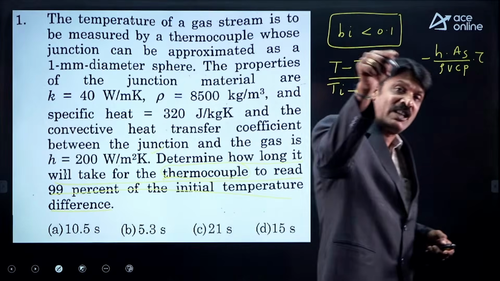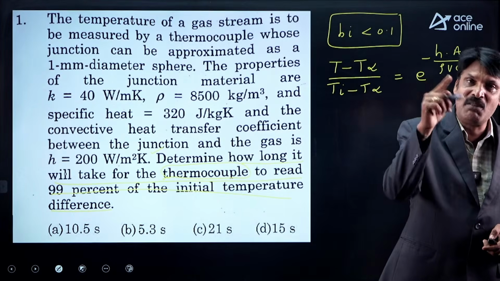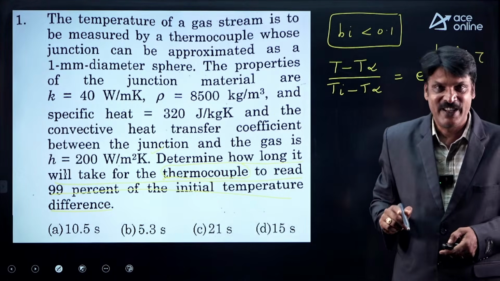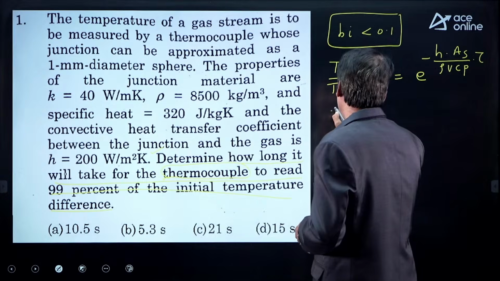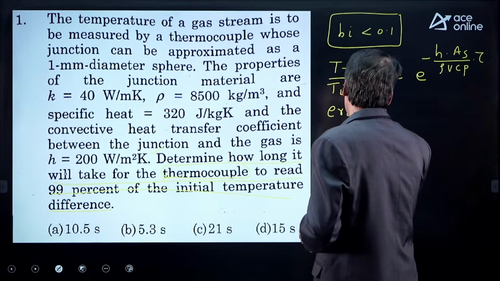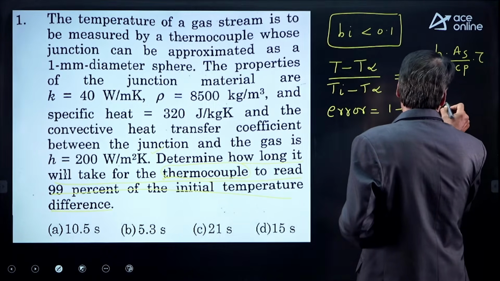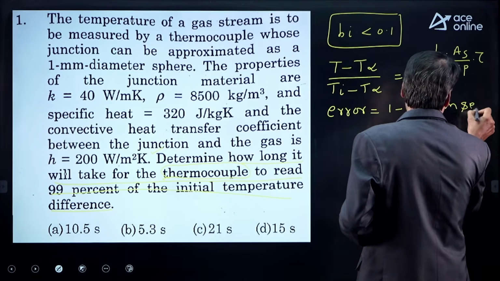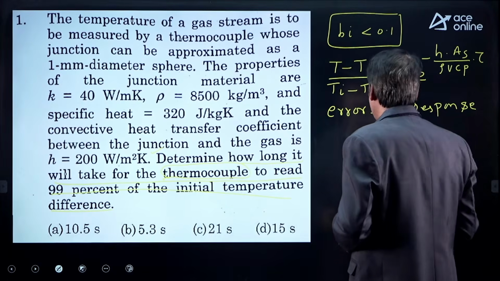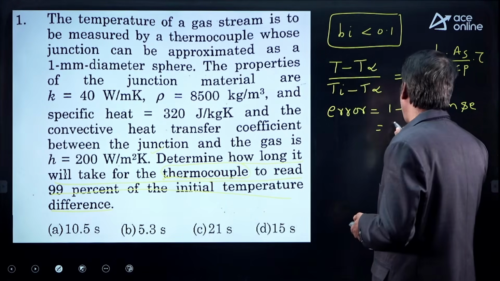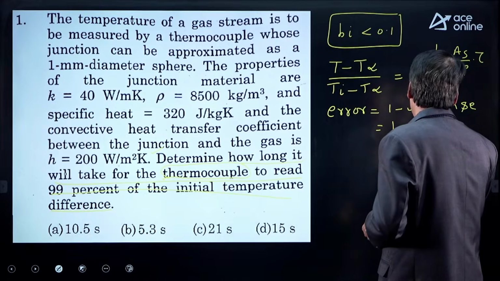That means response. 1 minus response is error. So, whenever you are writing it, error is 1 minus response,